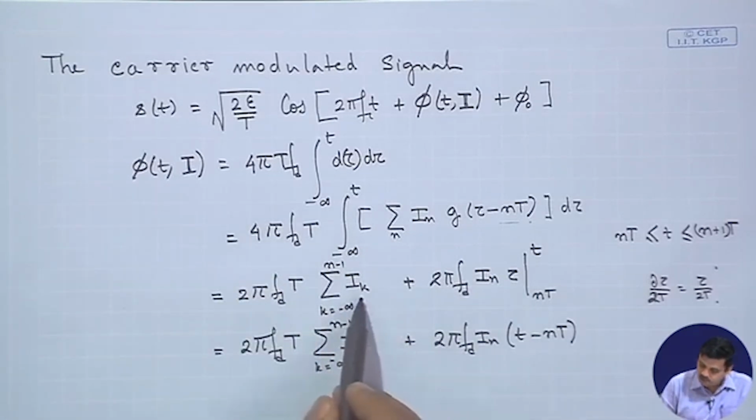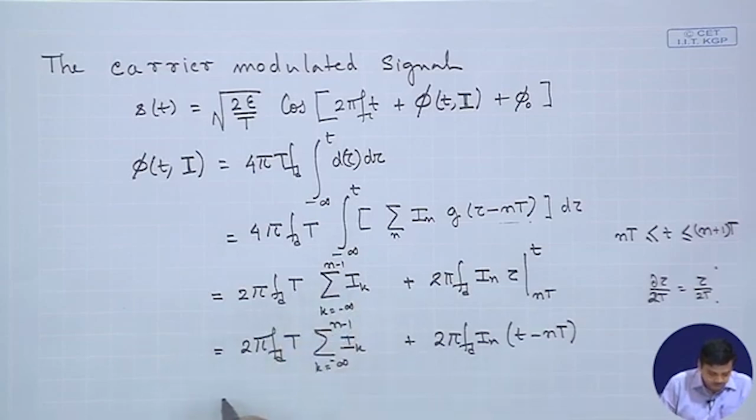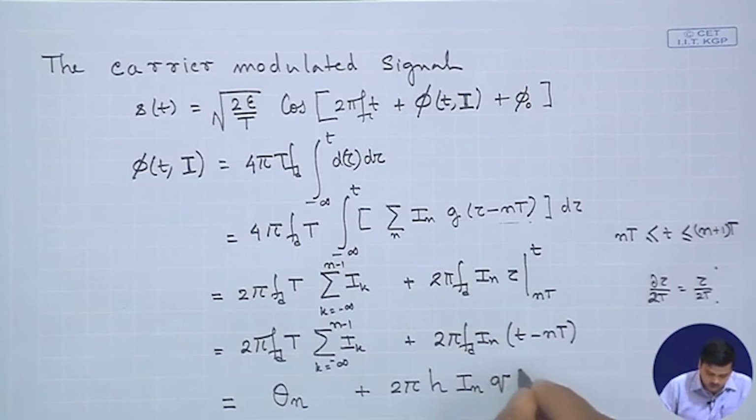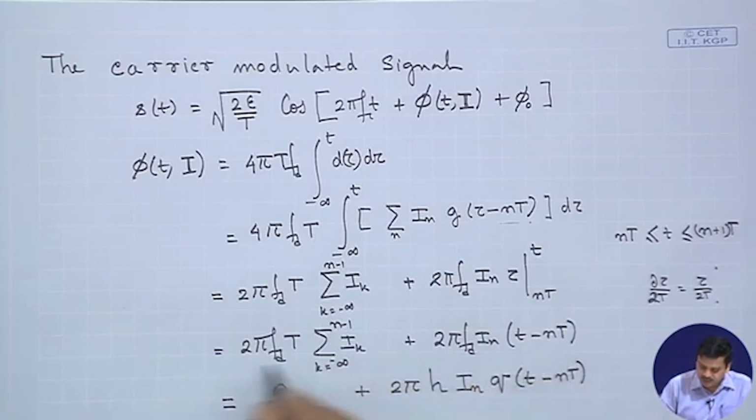This part I have done almost orally, but if you work it out it will turn out to be appropriate here. So, this one you could summarize with theta n plus 2 pi h I n q of t minus n t. You could write this in a notation form in this way,